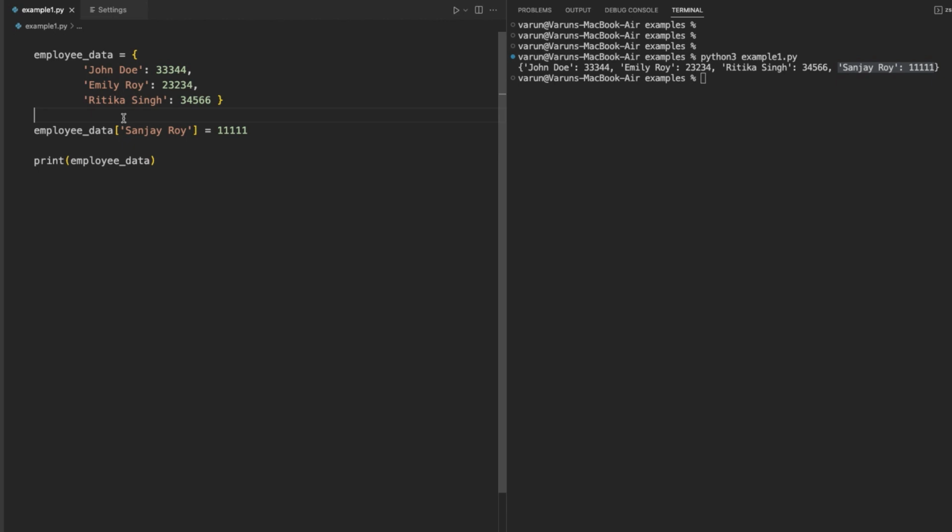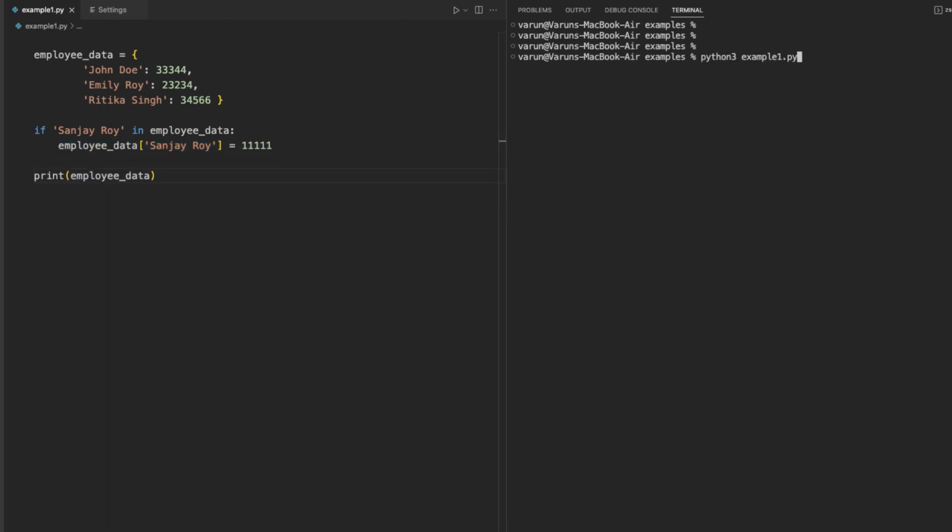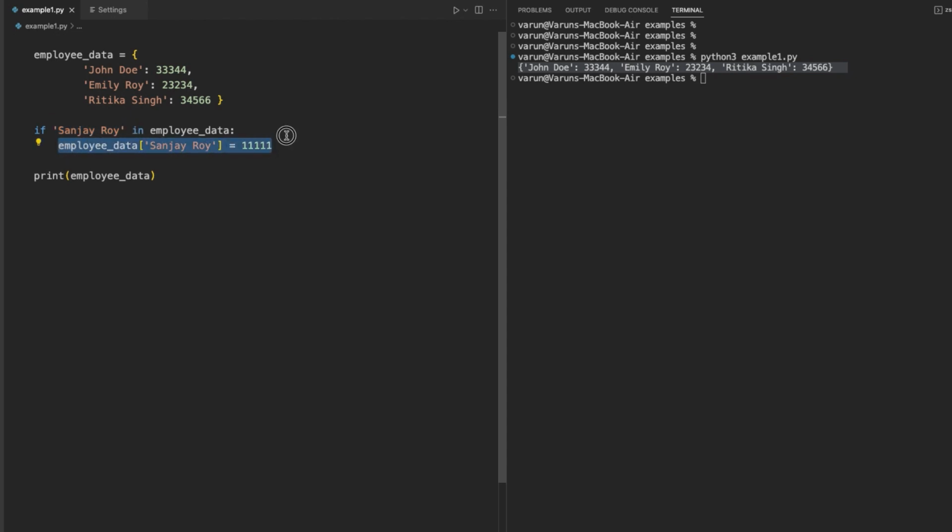Our intention was to update the value of an existing key, but instead a new key value pair was added. So whenever you want to update the value of an existing key in a dictionary, first check if the key exists in the dictionary before trying to update the value. We can do that using the in operator. So here we are checking if the key exists in the dictionary, then only update its value. Otherwise, don't do anything. So we can clear the console, and if we run the code now, we can see the dictionary is not modified